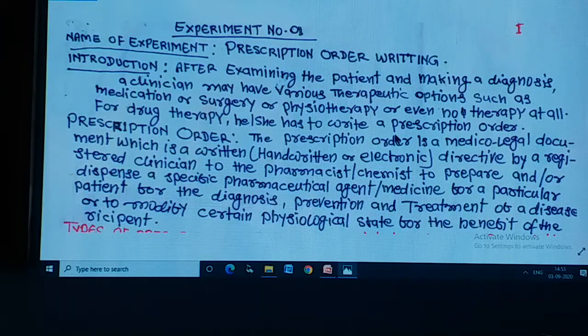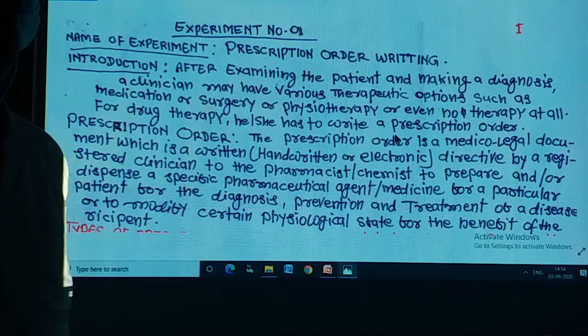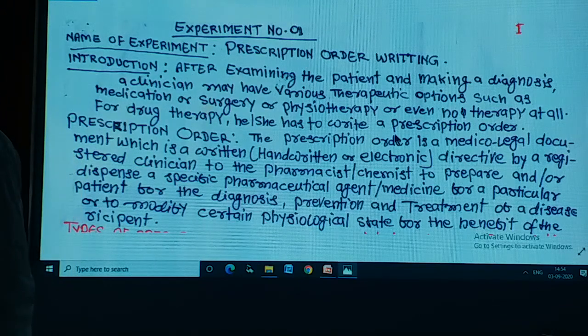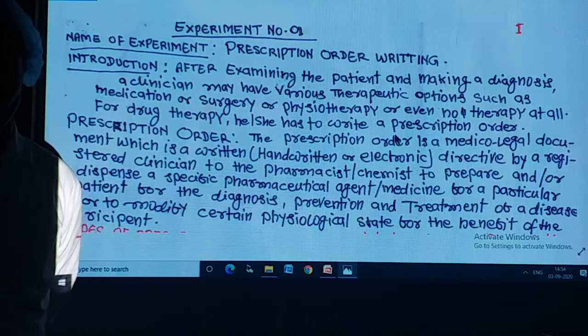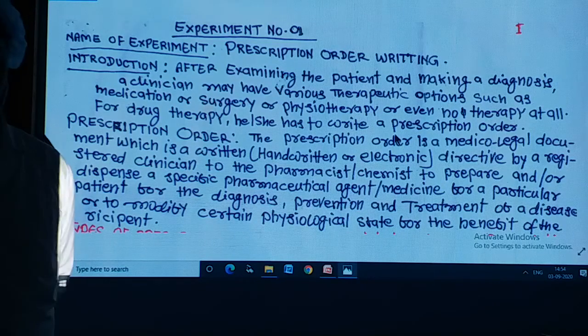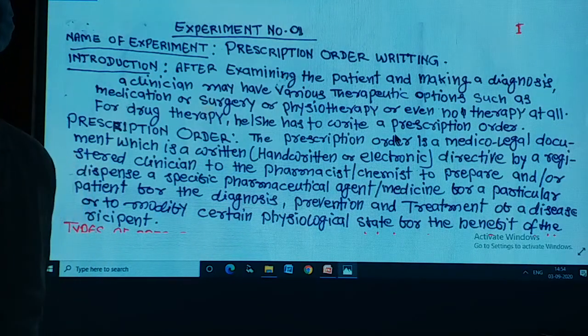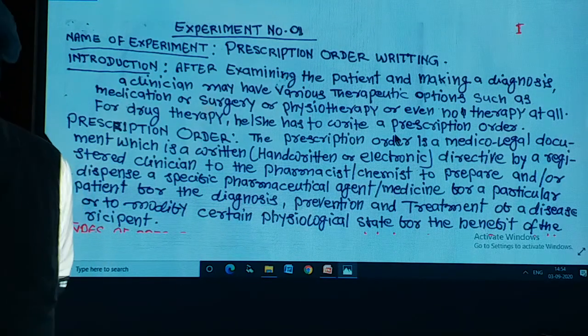And if investigations are required, many investigations are advised to make a proper clinical diagnosis. And only then comes prescription order writing,